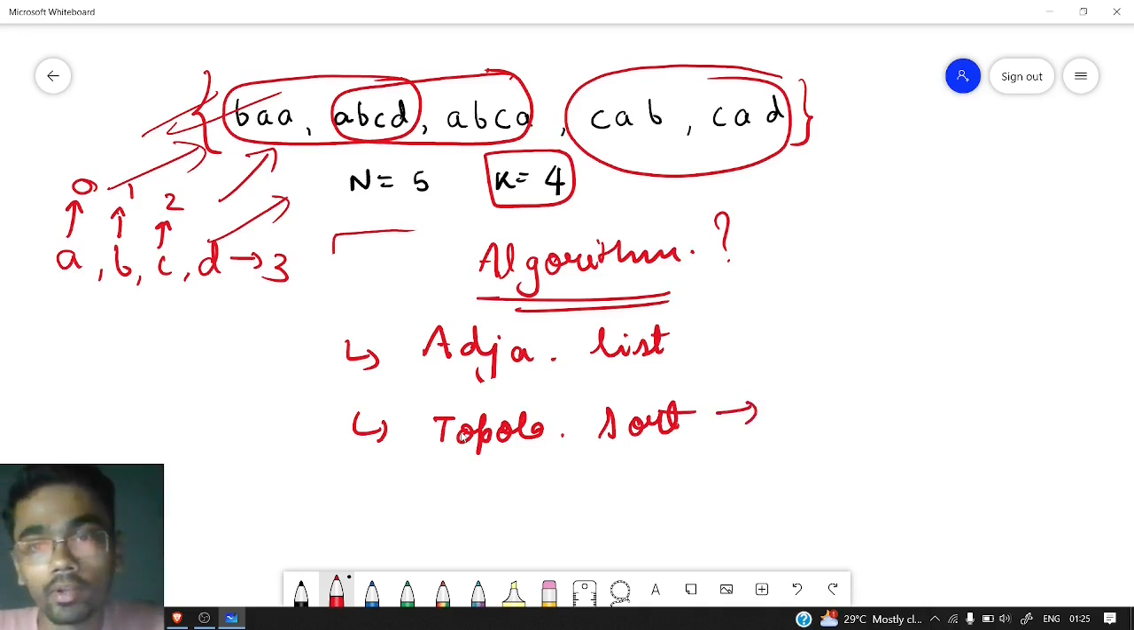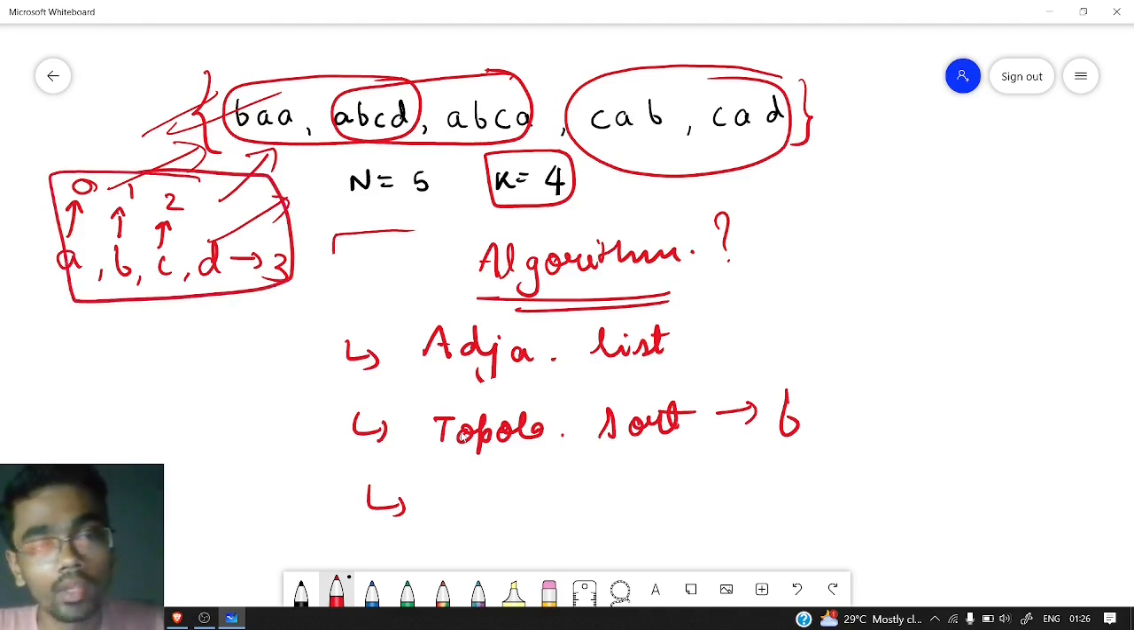For that we will write one function which will do the topological sort and give us the valid order of the alphabets. Now the returned answer of this topological sort would be in integer format, as we have seen, but in the end we need to return the answer in string. So no problem, whatever order we have got from this topological sort, let us say we got something like